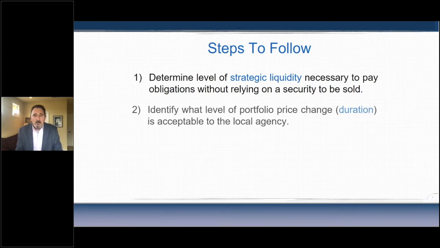That's the first step. The second step is, again, you're not trying to avoid risk. How much risk am I willing to tolerate to generate a reasonable return for my entity? That's going to be dependent on each and every public entity. It's not going to be the same for every one, and usually that primary risk is how much we are willing to allow the portfolio's mark-to-market value to vary when interest rates change. A concept called duration. It'll be covered, I'm sure, in upcoming sessions, in the benchmark sessions. But that's the second most important consideration in constructing the portfolio.